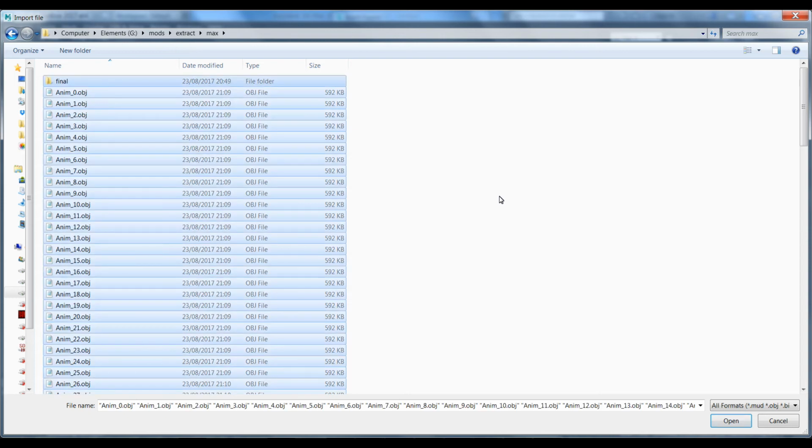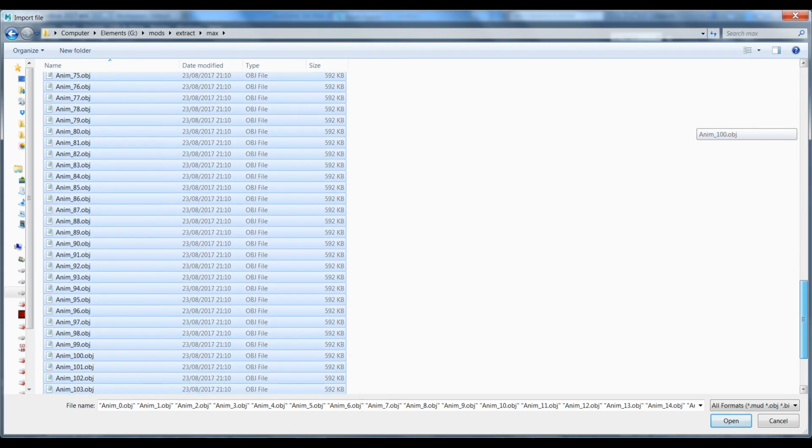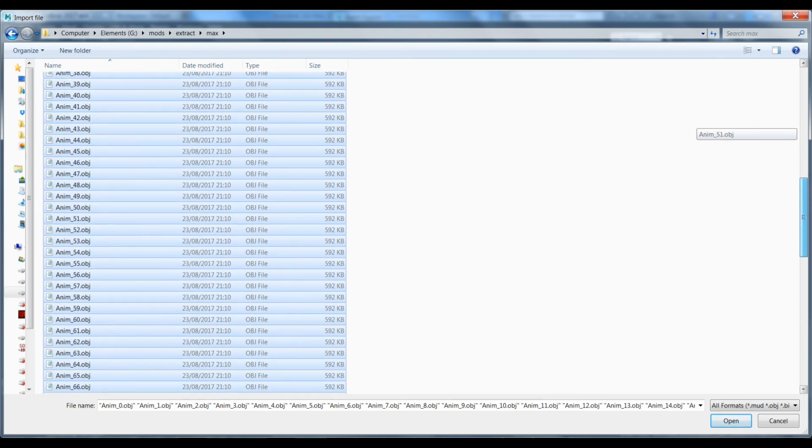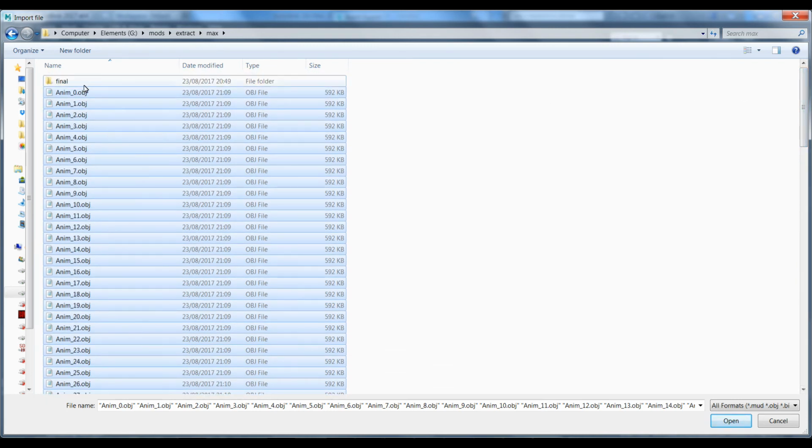Alright, I'm now in the folder where all the animated meshes were exported from 3D Studio Max, and I'm going to select all of the meshes except for animation 0. The reason I'm not selecting animation 0 is because this is the same mesh as the DDP head which was exported from object 0, which is the default pose for the head. I'm going to select open,